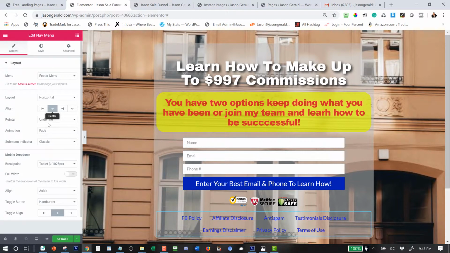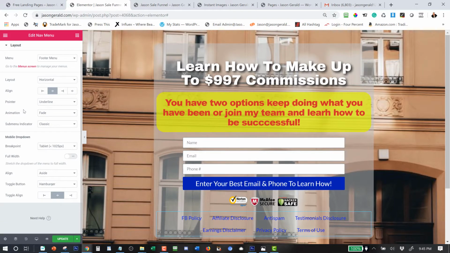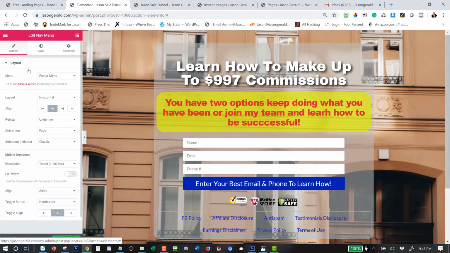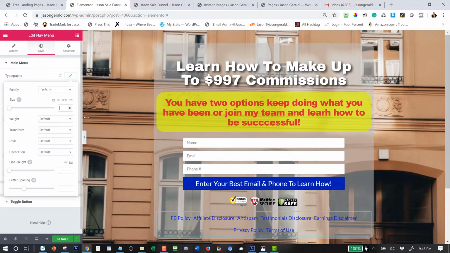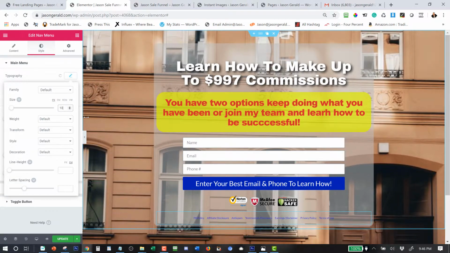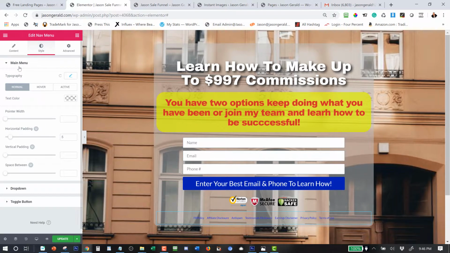Okay, and I'm going to make it centered, and I want to, where are we, styles, okay, and horizontal position. Okay, I want to make this smaller. Okay, now I want to make the font only about 10. So I want to make it small just like that, and now if I go back to here, and